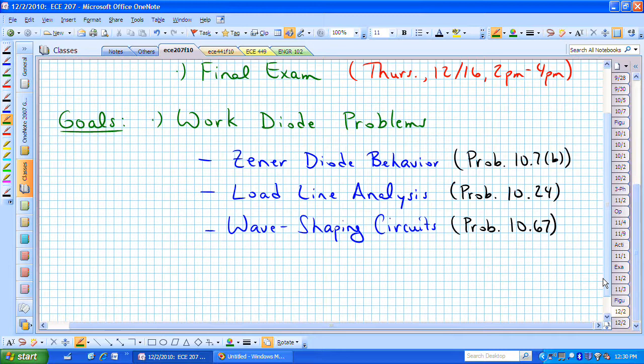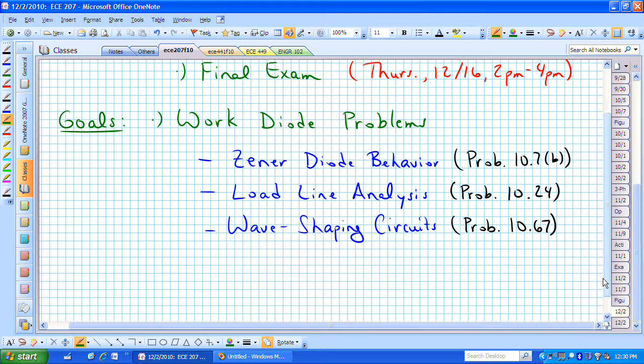One of those is going to help further illustrate the diode behavior of a Zener diode. Then we will do a load line analysis problem that doesn't require, but it's begging us to do a Thevenin equivalent, and we'll work through that load line analysis problem using Thevenin equivalent